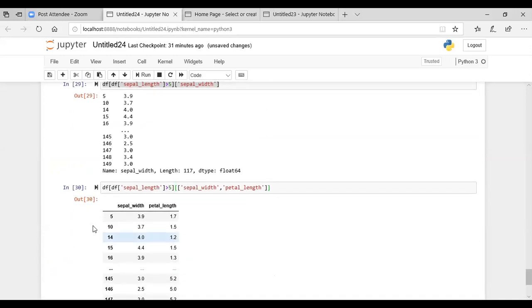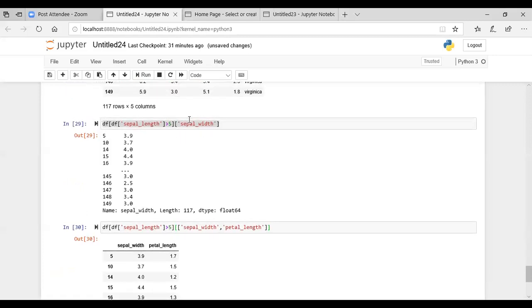So it is giving you the information of all the rows from the data frame where the value of sepal length is greater than 5. And which columns is it giving you? It is giving you the information about the sepal width and the petal length only. If it's a single column, you don't have to mention it as a list, okay? When there are more than one, again you have to mention it as a list of values here.